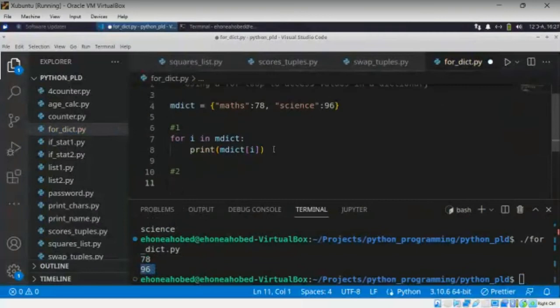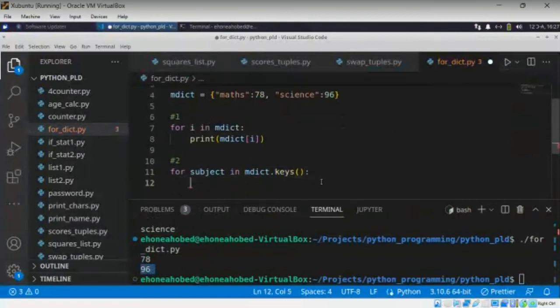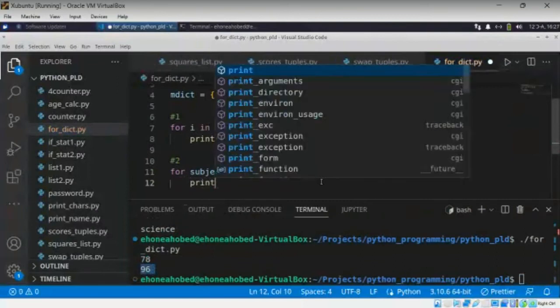So I've shown you how to access the keys. We can equally get them. So we have the for subjects, let me use it like that. For subject in mdict.keys. Over here, you are saying that you are interested in the keys. So basically, it's going to end up giving you something like we had before I changed it to this. If you go ahead and print just that. So if I go ahead and I print subjects,